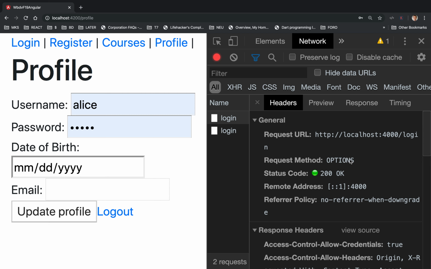It's asking, hey server, I know this website is running on 4200, and I know you're running on 4000. Typically the browser would stop the communication between the browser and the server, usually because of security. But is there a chance that you're accepting requests from 4200? This first query says, what are my options? And the server